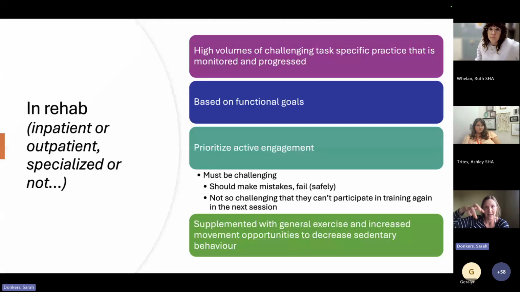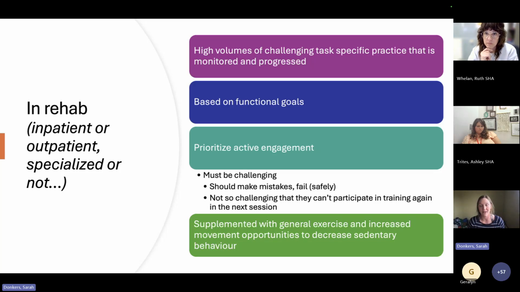If we're talking about that task-specific traditional rehab, not as a unit, because it can happen in many settings, what we need to focus on is the high volumes of challenging task practice. We want it to be goal-directed and function-oriented. So yes, they may have spasticity, and perhaps the spasticity in their limbs is preventing them from engaging in their task,